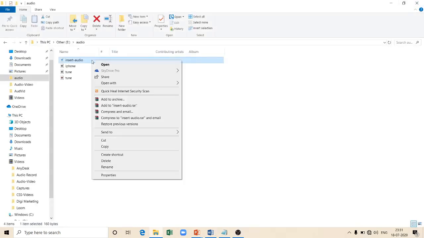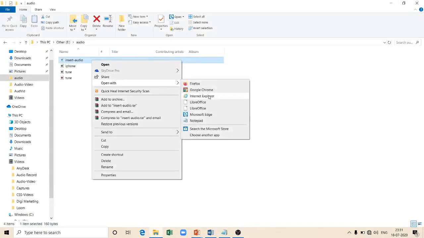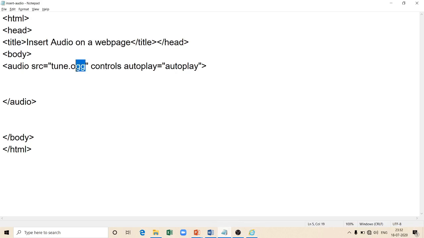Now I will open this file in Internet Explorer browser. See, here there is an error, that is invalid source. This clearly indicates that the file format which we have selected, OGG, is not supported by Internet Explorer.